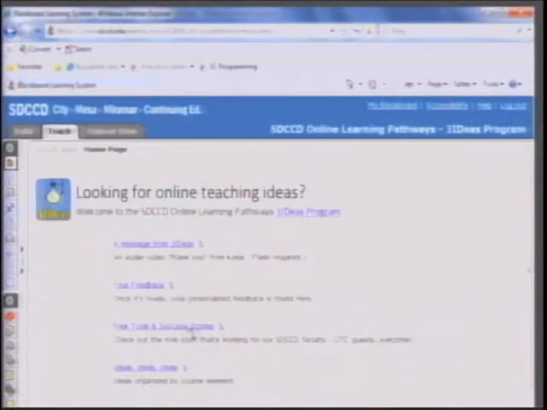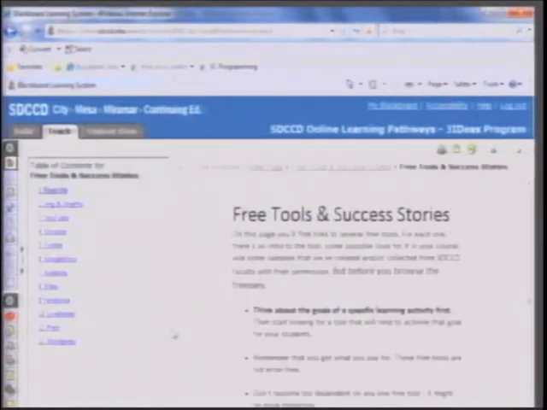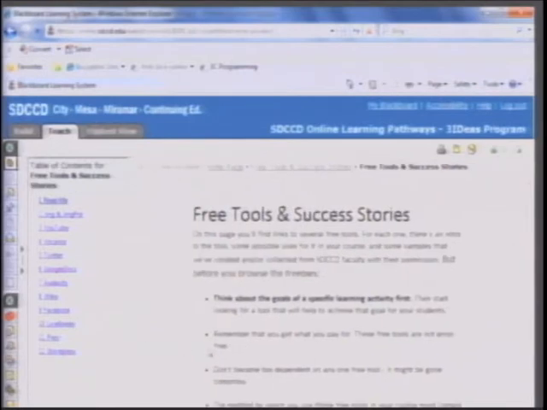Let me go to our free tools. And here's what I wanted to mention. I always tell instructors to think about the goals of a specific learning activity first. It can be really easy to get caught up in the bells and whistles of the tools, right? Oh, cool, I can do this. Oh, wow, what can I do if I get to put my voice in my class? Well, great, but think about what the goal is of that learning activity and what it's going to do for